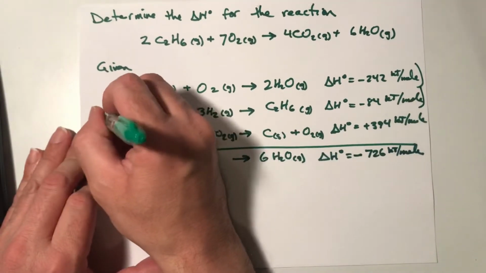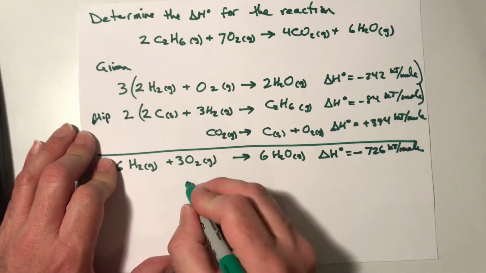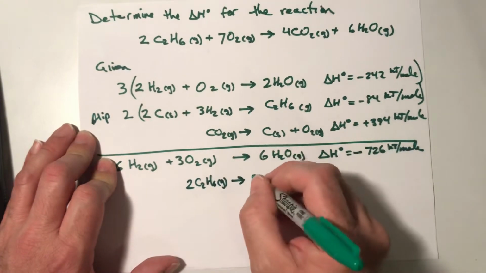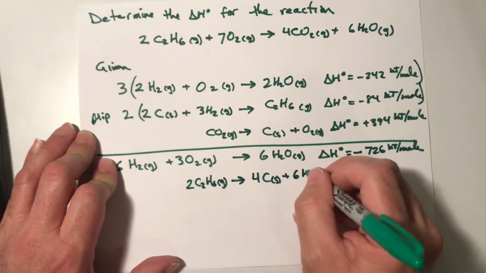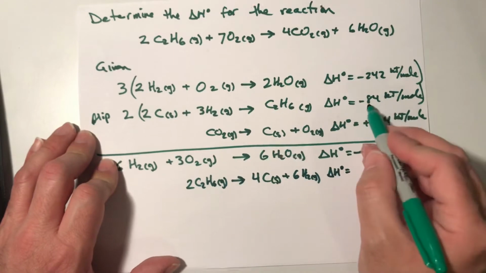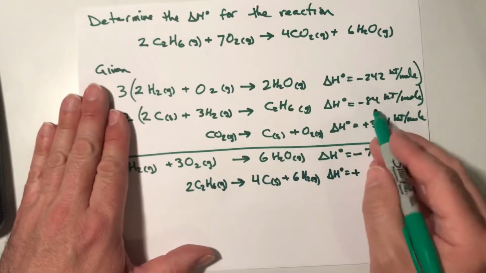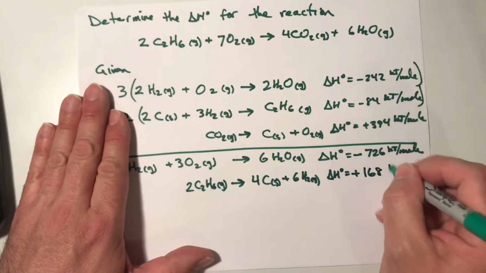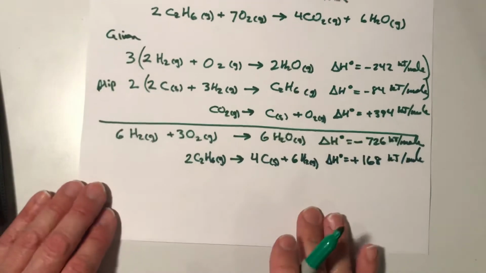And I like to write myself a note here that we're flipping that too. So we're going to have 2 C2H6s on the reactant side, and that's going to generate 4 solid carbon plus 6 H2 gas. And the delta H now, we're going to multiply that through by 2, but we flip the sign as well. So 184 times 2 is 368, so that becomes positive 368 kilojoules per mole. Now,